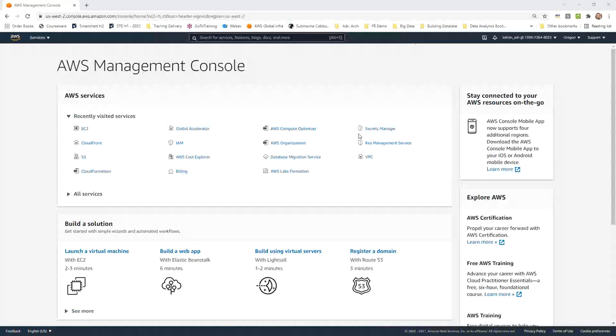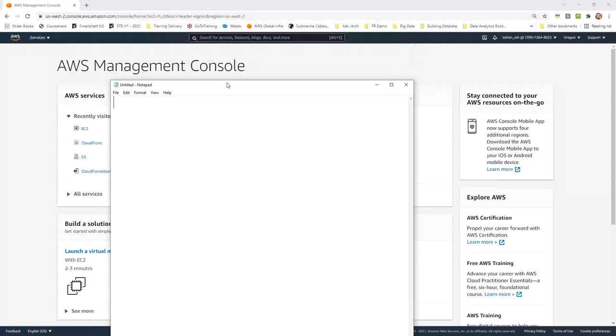Another question to you: is a load balancer a regional construct, or is it a global construct, or is it an AZ? What is the scope of deployment for a load balancer? Is it a global service? Is it a regional service? Or is it an AZ-specific service? All right, some answers I'm getting are regional and global. Let me explain what it is and how it actually works.